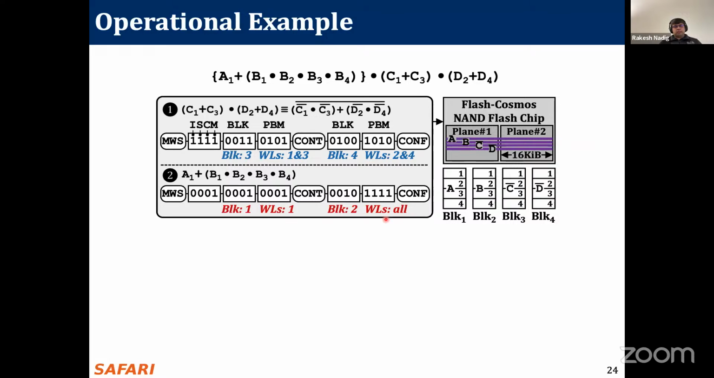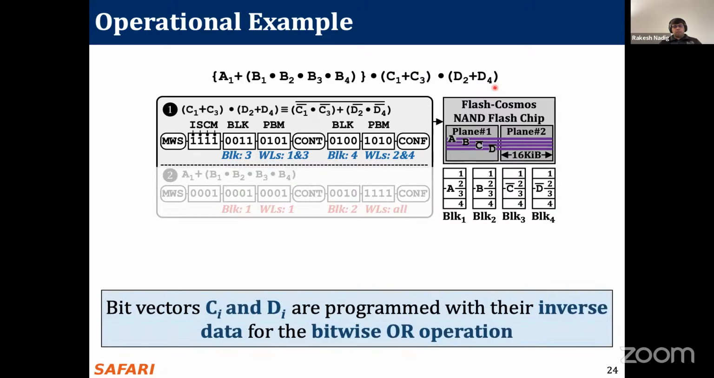Now, let's look at an operational example of how to perform this bunch of bitwise operations that I show here. You have 3 bitwise AND operations along with the bitwise OR in the first part, and then a couple of bitwise AND operations and bitwise OR operations here. So if you look at the second half of this logic equation,